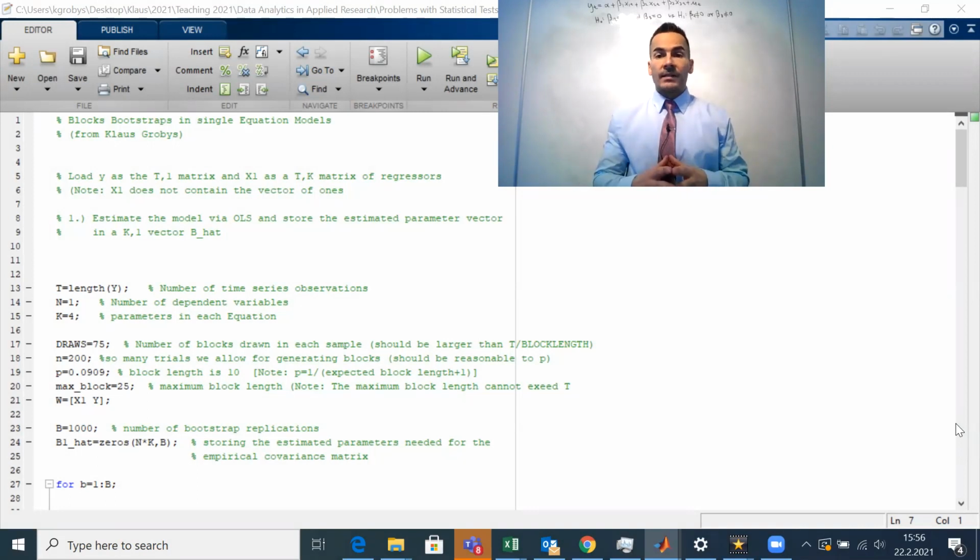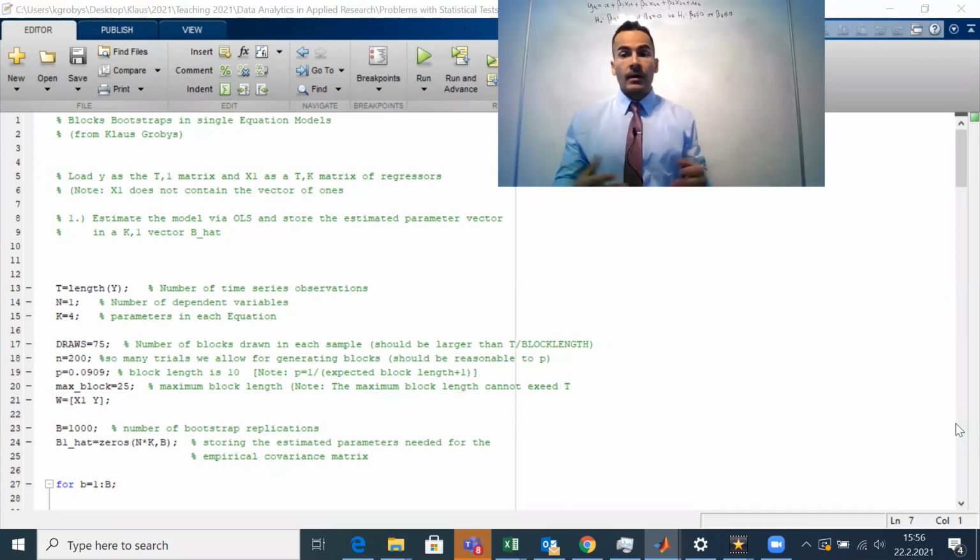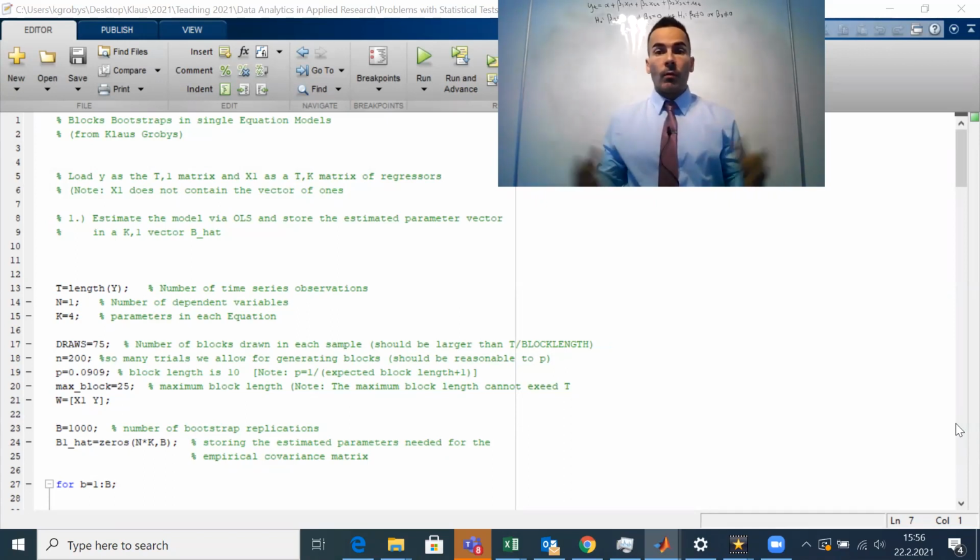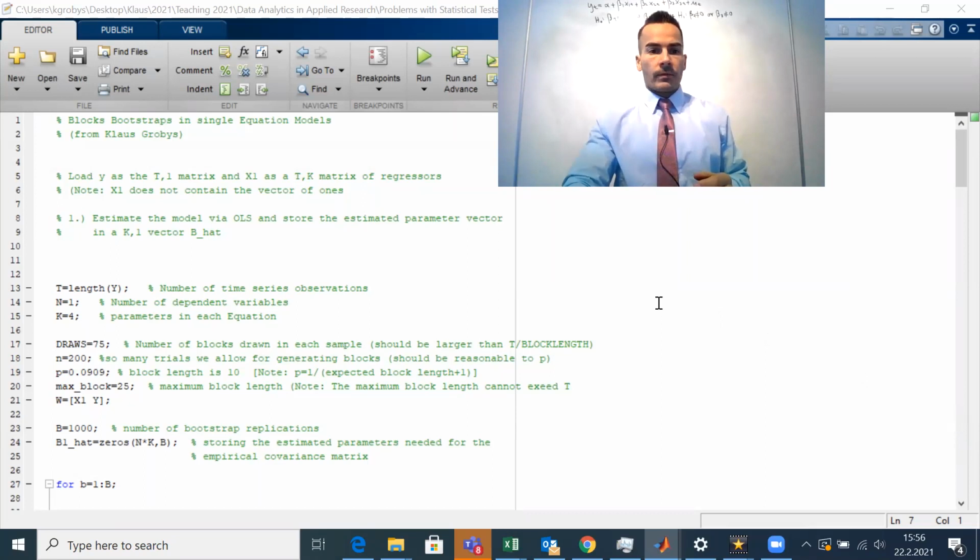This code is titled Blocks Bootstrap in Single Equation Models, and it covers exactly what we just spoke about on the whiteboard. So the first thing that you have to do is load the vector of dependent variables, the y vector, and the regressor matrix, denoted here as x1. So that's what we do. The first step is to estimate the model. So we estimate the model via OLS and store the parameter vectors in a matrix which is denoted here as